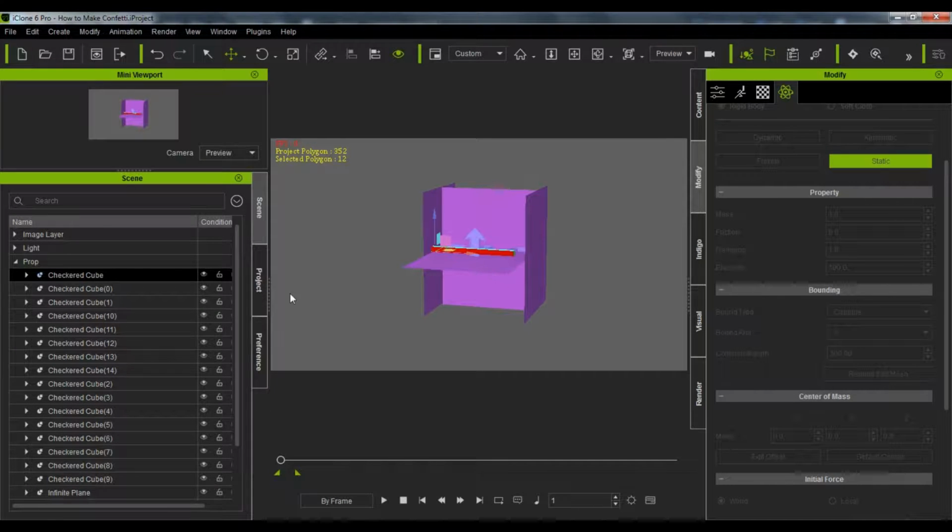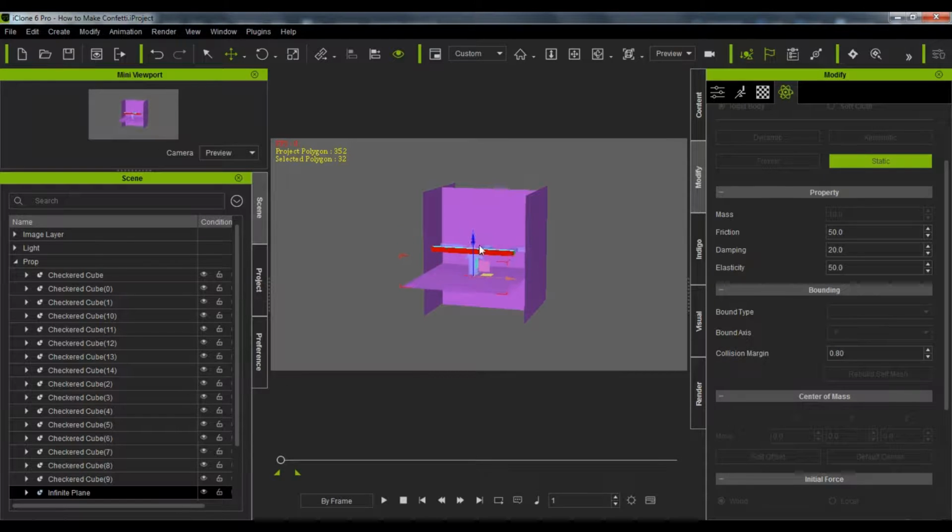If you make this lower, this infinite plane itself, you can actually bring it down here below it so that they drop a little bit. Press play. And you notice they go straight up because of the reaction and the bounding on it. If you want to keep them in a